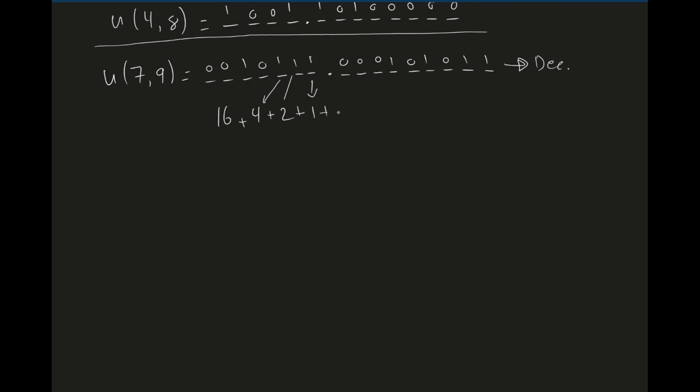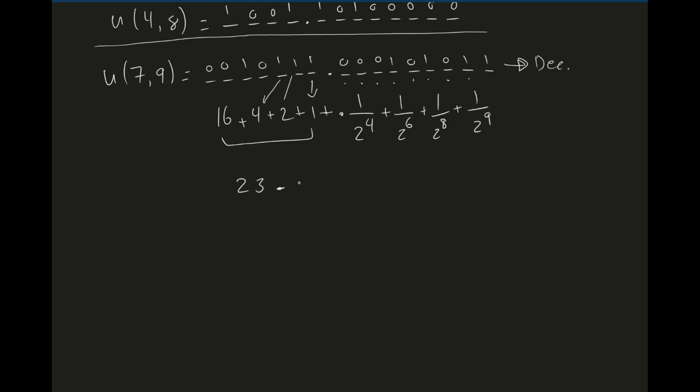Then plus point, then 2 to the negative 1, 2 to the negative 2, 2 to the negative 3, 2 to the negative 4. So this is 1 over 2 to the 4 plus 1 over 2 to the power of 6 plus 1 over 2 to the power of 8 plus 1 over 2 to the power of 9. If you add these up, you get 23